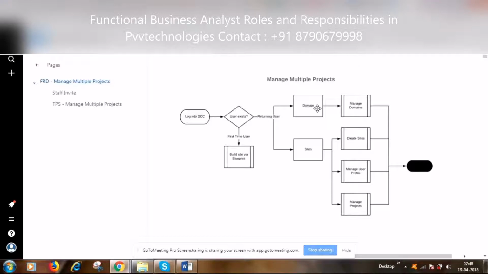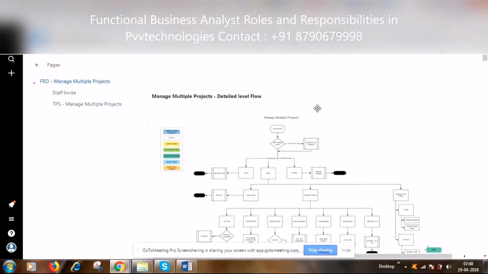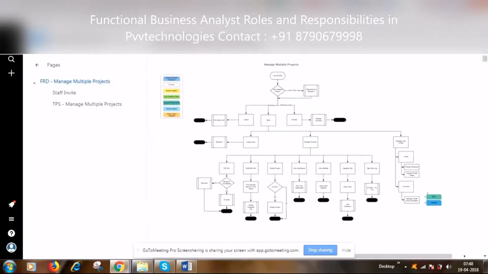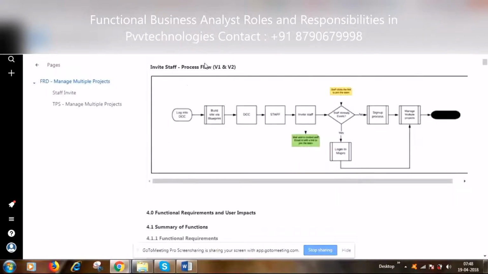So you are going to give the full flow of the project at the top level, then a detailed flow of the project. Then if you have any other branching flows available, those things you are going to list.